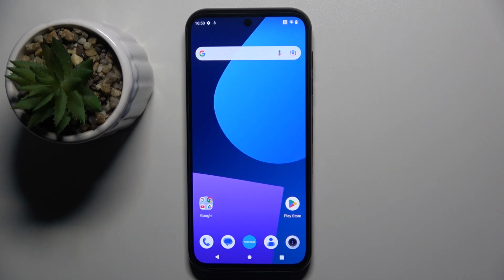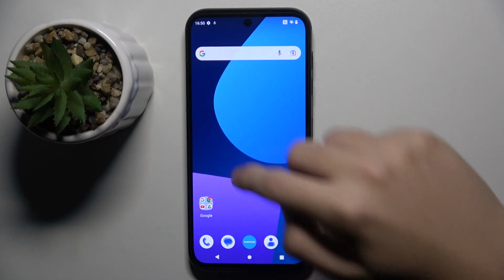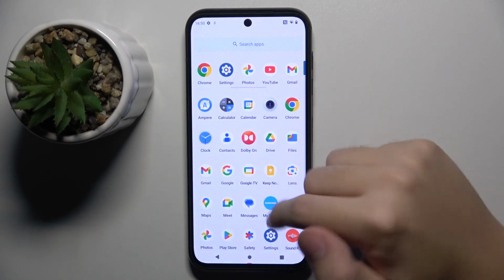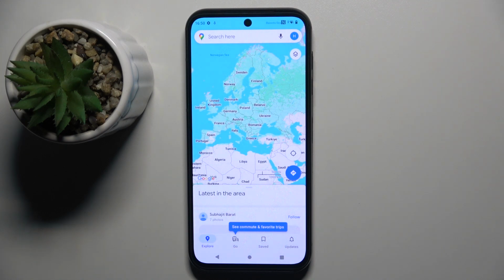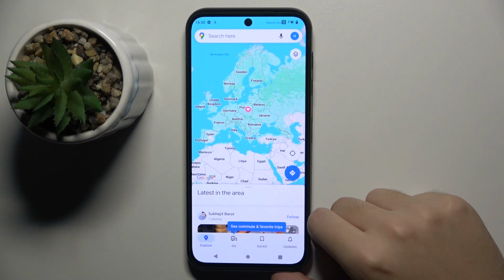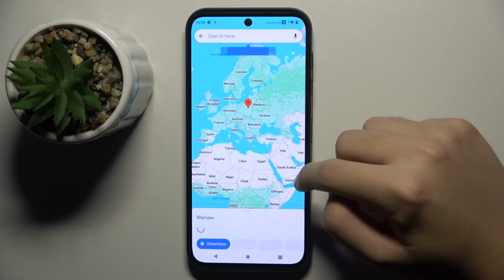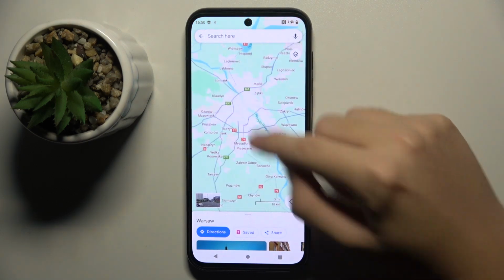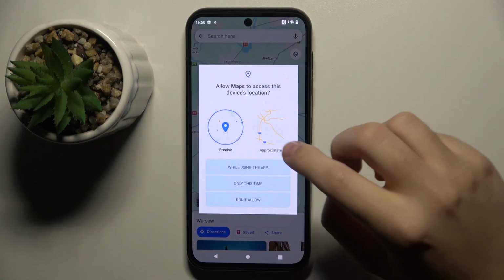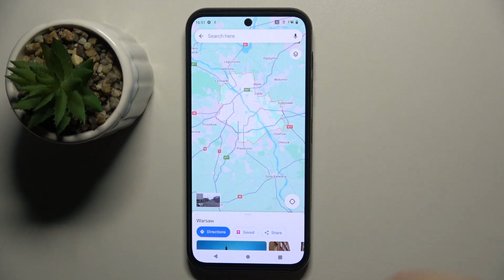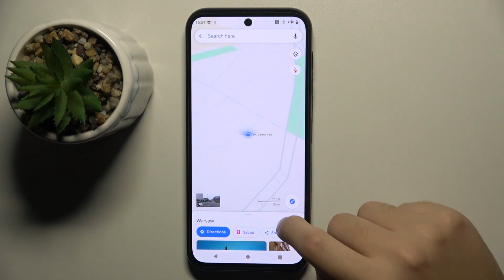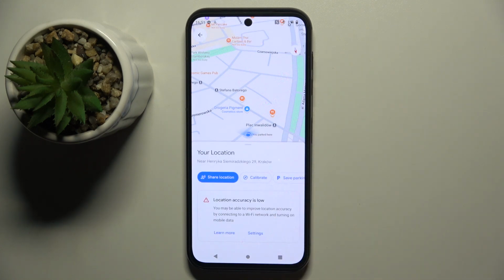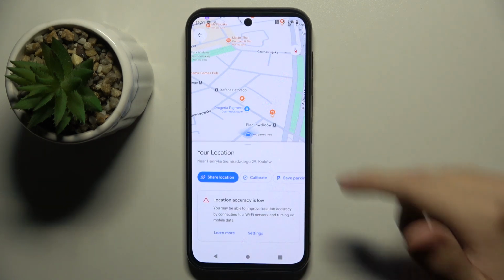Alright, so to do this, firstly we have to open Google Maps. Then we have to find ourselves. As you can see right here is our location, so we have to click on our icon and then we